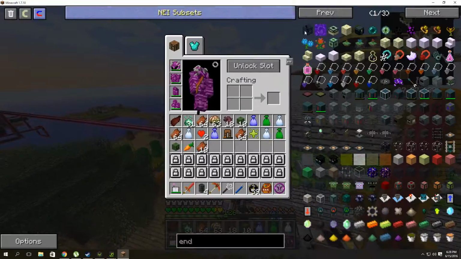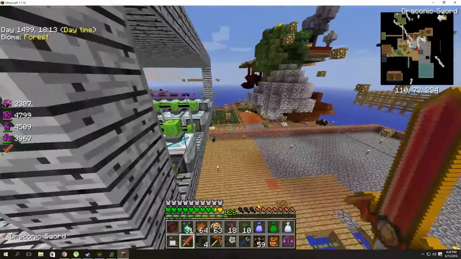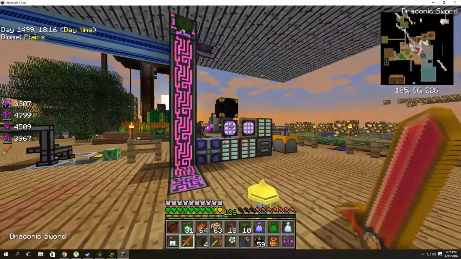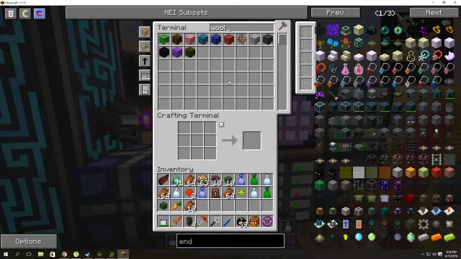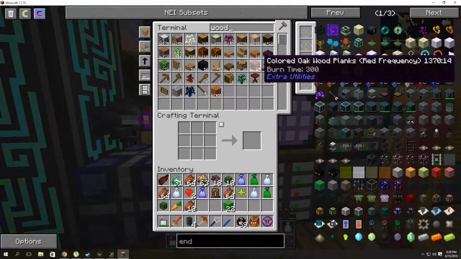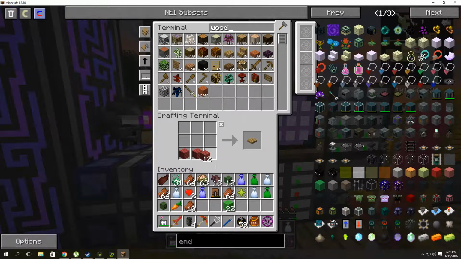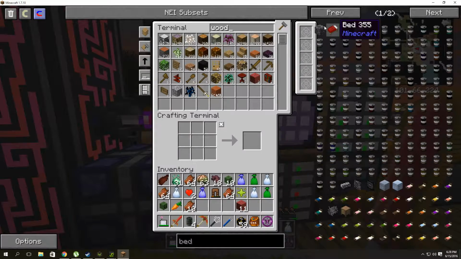Here's the Too Many Items thing that I was talking about. In normal Minecraft, you would have to, let's make a bed. Wool. Okay, let's go and grab that, and then we'll get wood. Alright, so to make a bed, you'd have to go like this, and like that, and that would make a bed. And with Too Many Items, I can go to bed, and I click on it there,